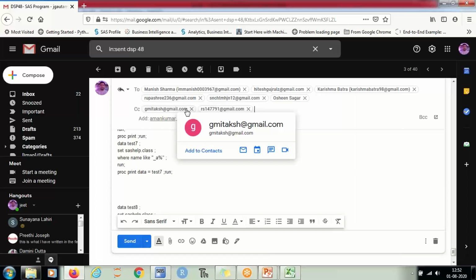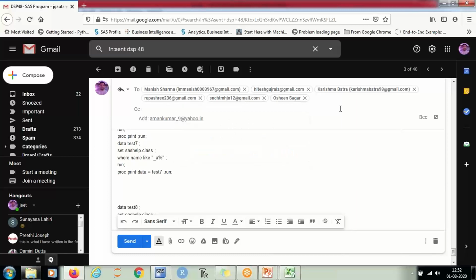So we have everyone on this distribution list. I believe I have shared, but I can cross check again. So everyone's ID is here. There should be two more people. Whom am I missing? Rupa, your ID is there. Whom am I missing?